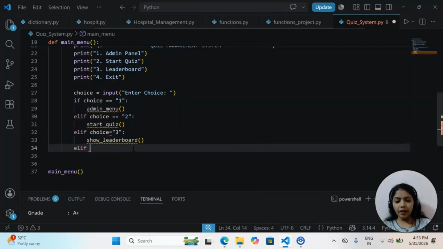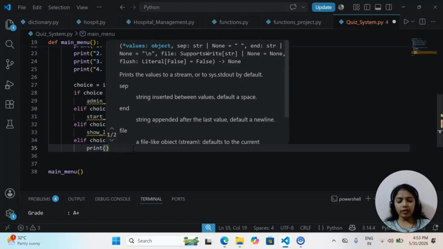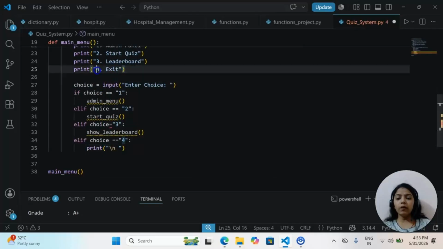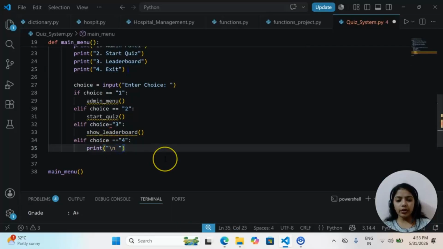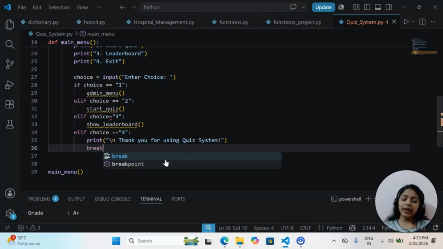Otherwise, elif the user chooses 4, the user wants to exit. So for the exit code, let's complete it now. We will give a thankful message. Once the user presses 4, that means he wants to exit from the quiz. So: thank you for using quiz system. That's it. And then we will apply break so that it comes out of the while loop,